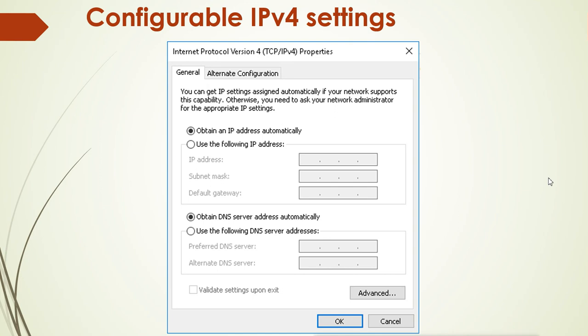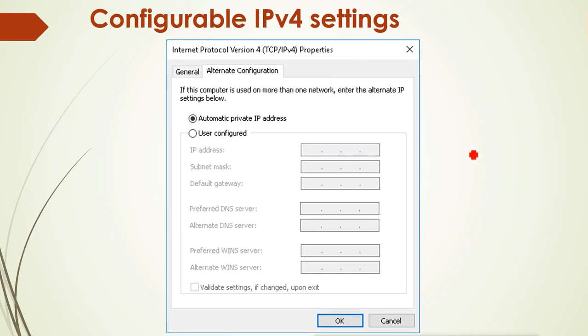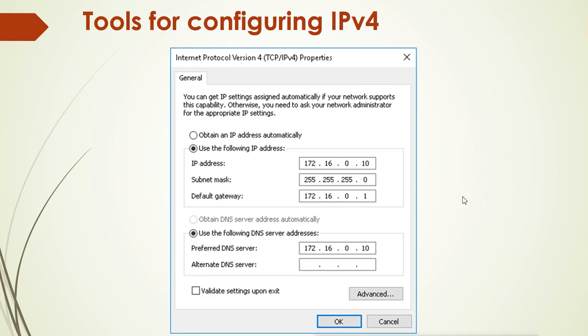One option is to obtain the IP address automatically, and we can go for the alternate configuration also, or configure it manually. Manually means we can configure static IP addresses: the IP address we want, then the subnet mask, then the gateway address if we have any router, and then the DNS server IP.